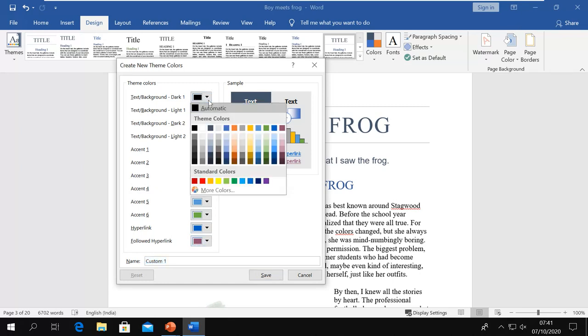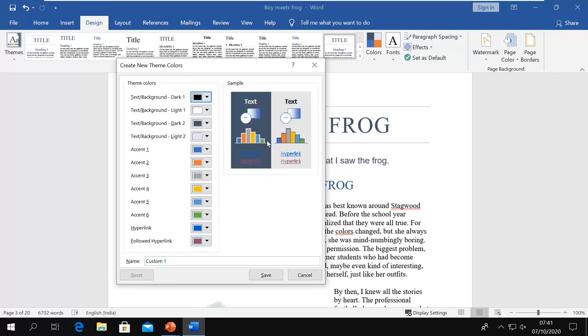It's a drop down, and you can choose the color, and on this side you can see the preview, and you can name it and then save it with your name.